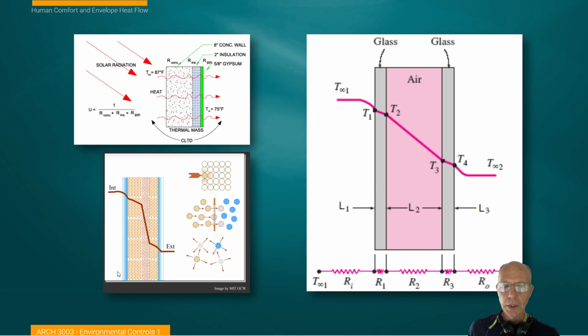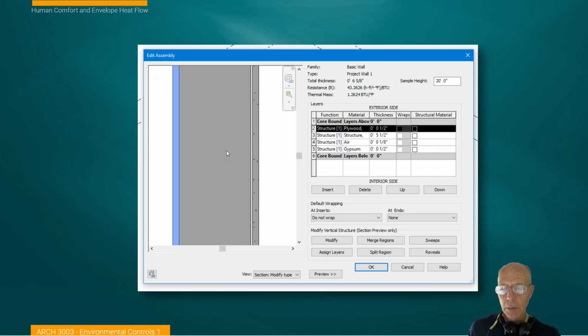I use these references here to describe these kinds of cross sections of walls or cross sections of glass. And maybe I wasn't very clear as to what I was showing you here. But inside of Revit, our BIM modeler, we can also do the same thing with the way we build up walls. So in this case, I've just grabbed a screenshot of a wall system that we built up with plywood and a wood framing structure. This is 5.5 inches of stud thickness, an air gap, maybe a gypsum board material applied to it, some insulation inserted in it, and all of these can be summed together to give a total R value for the wall